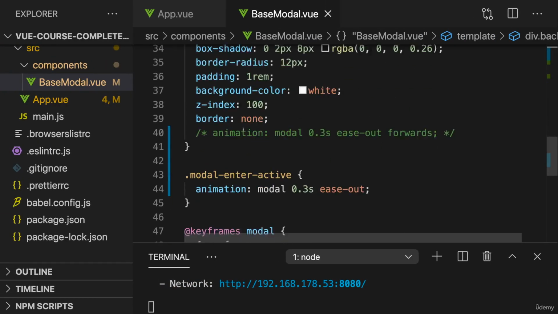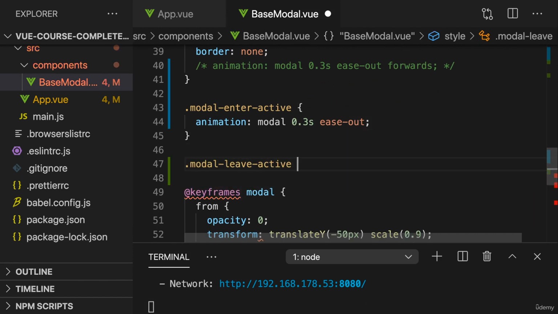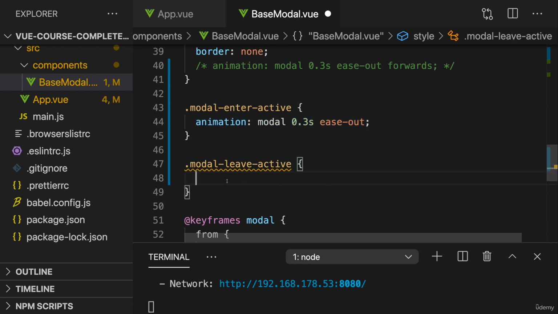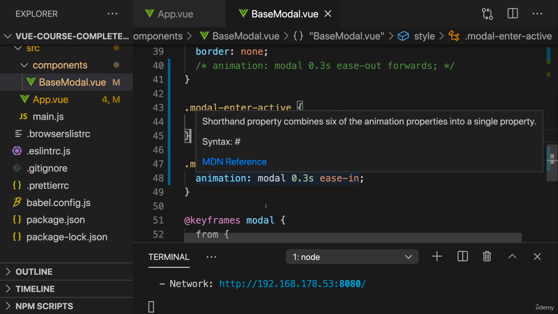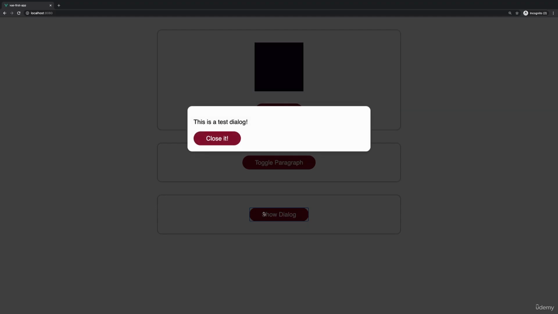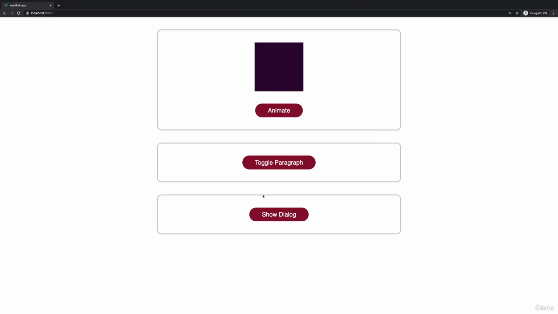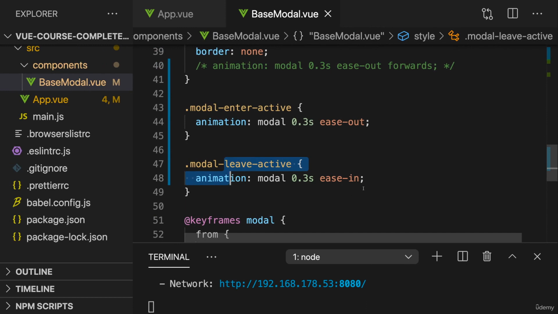And now finally, if we reload, we got this animation and everything works properly. And we can of course now also work on a closing animation. We can add modal leave active here and play the same animation, let's say with an ease-in easing function, just to keep things simple. Of course, we could also play a totally different animation here or set up a transition by also using the from and to classes. But if I do it like that, if I now reload, we got an animation for opening